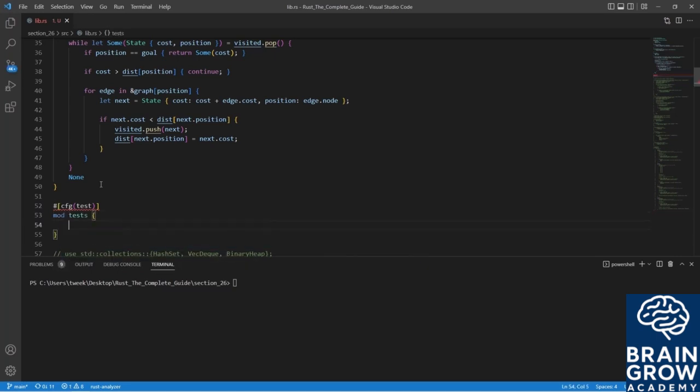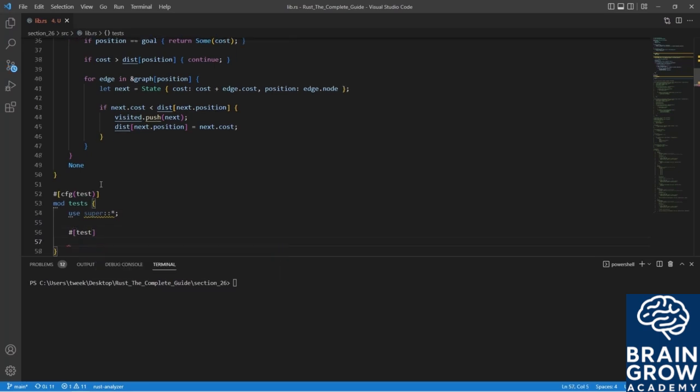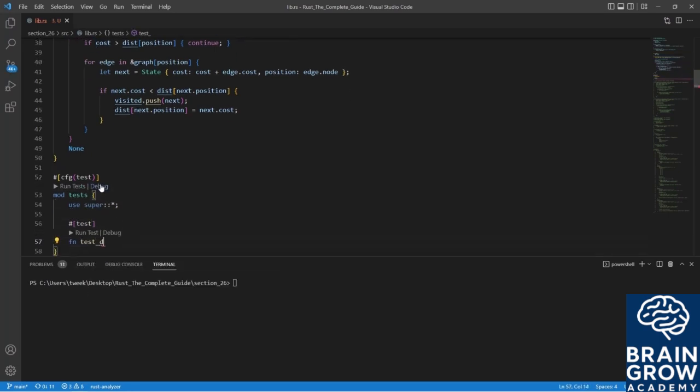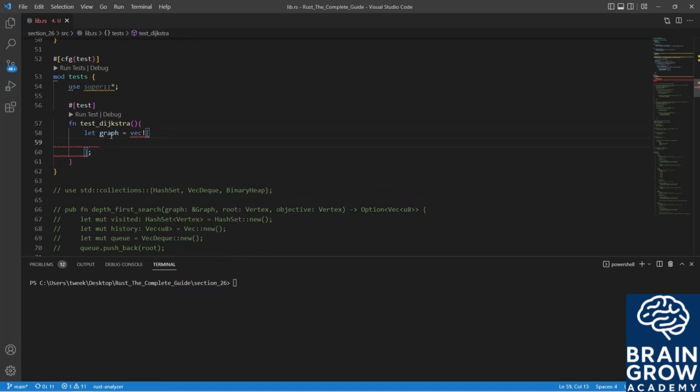So we will say mod test, use super on everything. That way we can bring it all into scope. And we will say test Dijkstra, and in here now we can create our graph. So we'll say let graph is equal to a vec, and then inside of our vec we're going to have obviously another vec, and our vec is going to contain an edge going from node 1 cost of 6